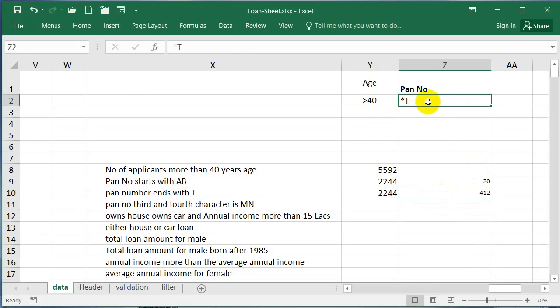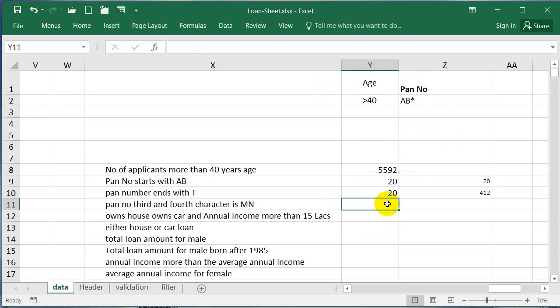This does not work, but what works is if I know PAN numbers are 10 digits, so 1 2 3 4 5 6 7 8 9 and T, then it gives you the correct result, but not otherwise. So please note that AB star works, but star T doesn't work, right? We'll have to dig further why it is so, but fine.